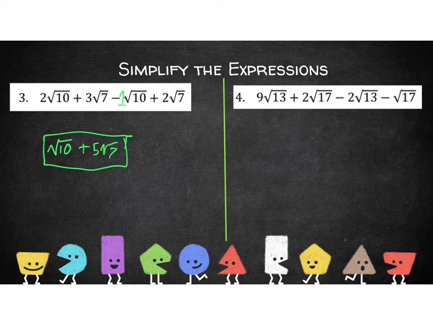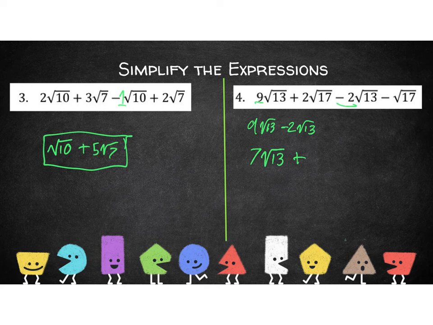Over here, we're looking at something very similar to the last one. We have 2 square roots of 13s and 2 square roots of 17s, which are both prime numbers, so they can't be simplified at all. We're going to look at the 13s first. We have a 9 right here, minus a 2, so 9 square root of 13 minus 2 square root of 13 is going to equal 7 square root of 13